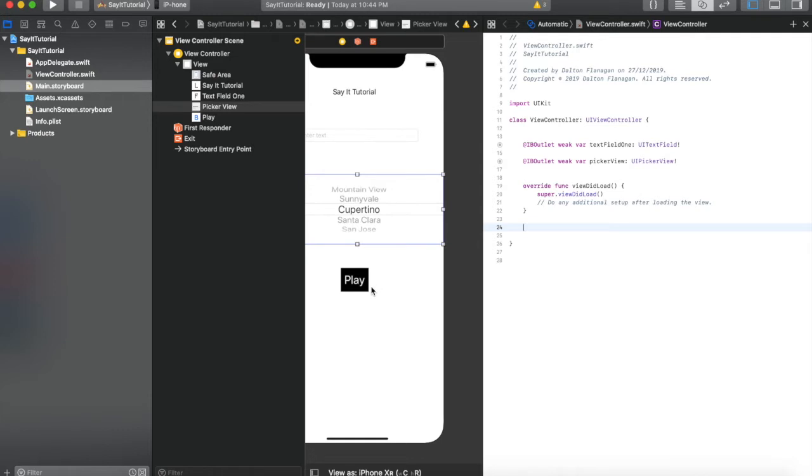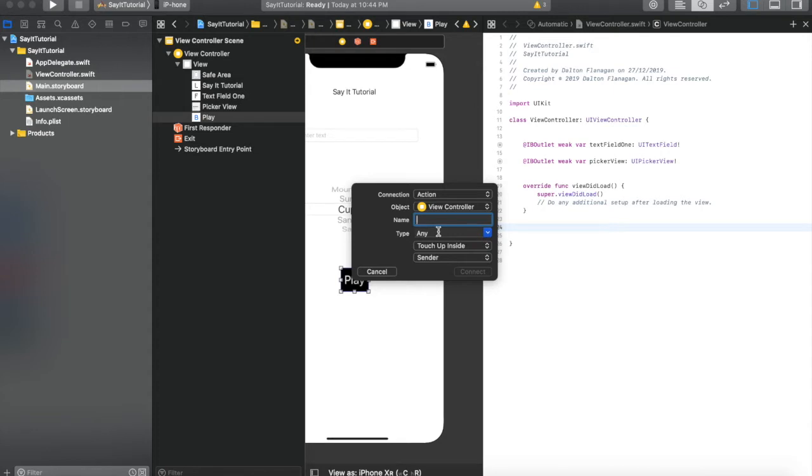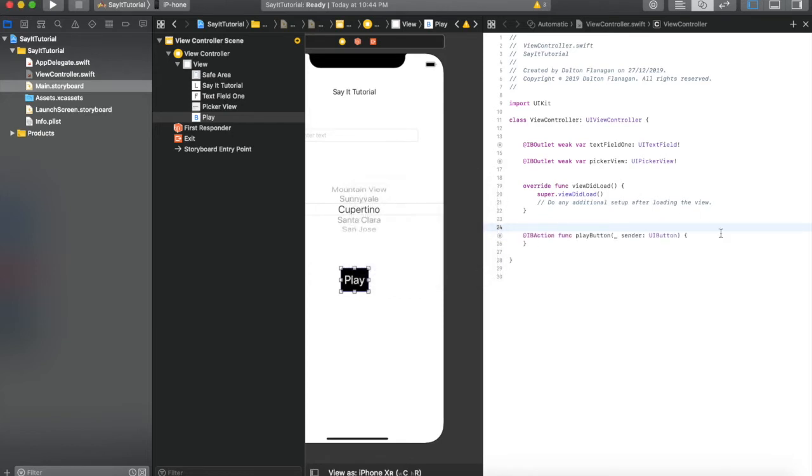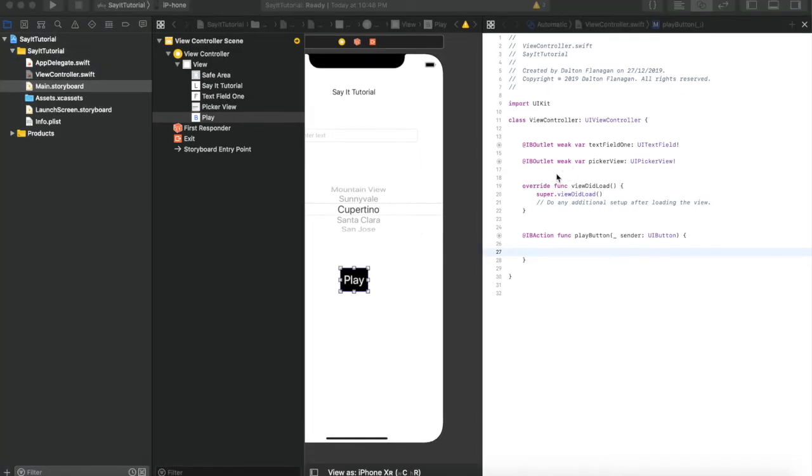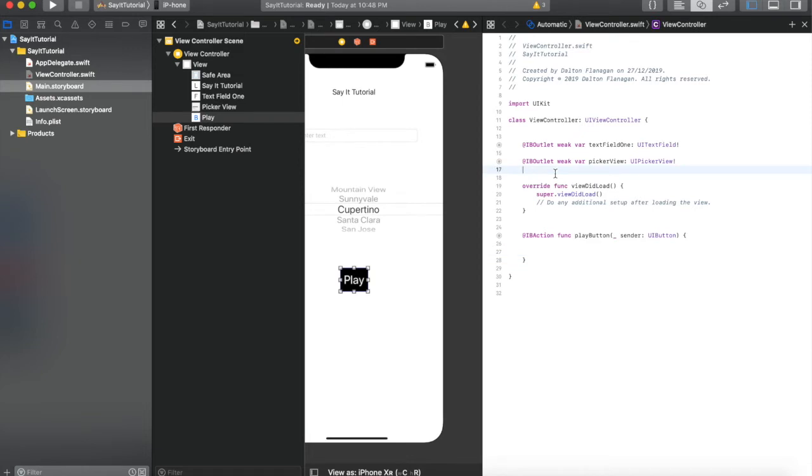So I'm going to hold down control, click on the button, and drag it over to about line 24. I want to change this to UIButton. Touch Up Inside is just your normal button touch. And I'm going to say connect. And there is my button connected down below. Alright, the next thing I do is going to be